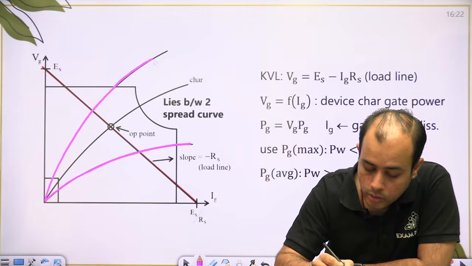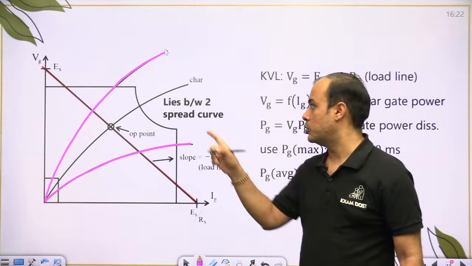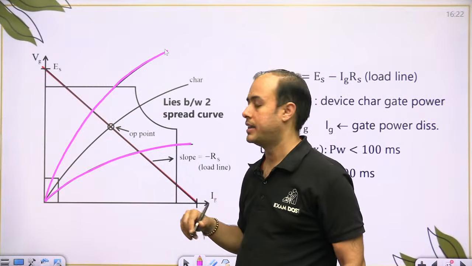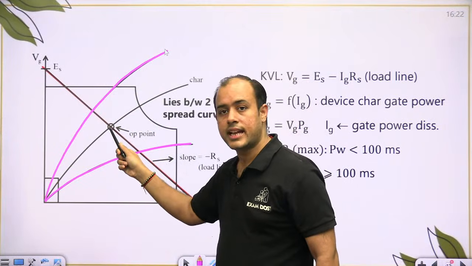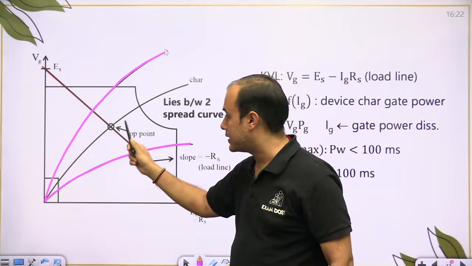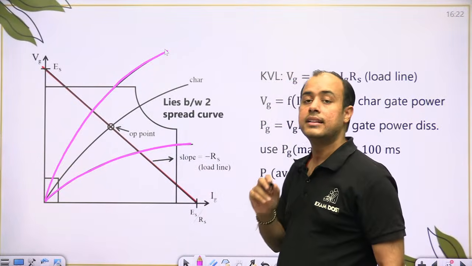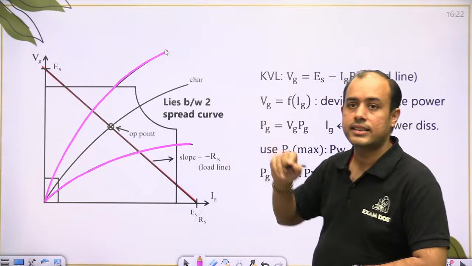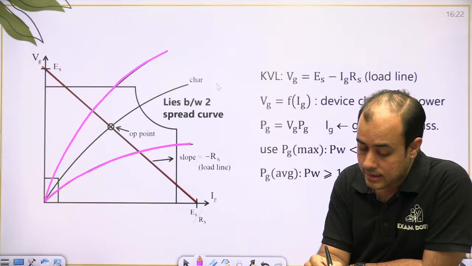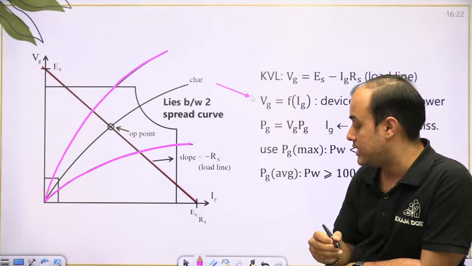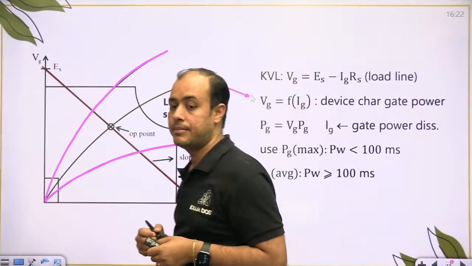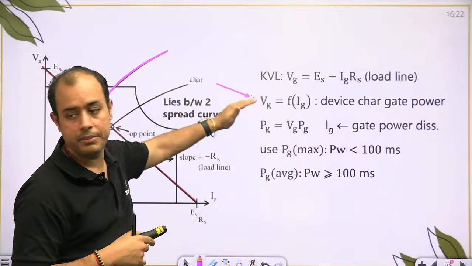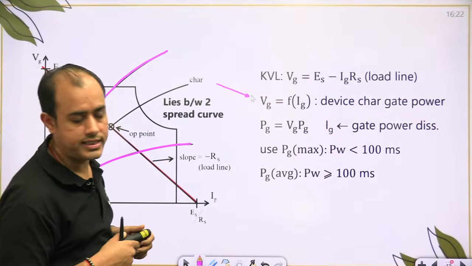एससीआर की गेट कैथोड कैरेक्टरिस्टिक हमेशा दो कर्व के बीच में होती है, तो this is the actual characteristic, the lower and the upper are the limit. So when you take the intersection of the load line with the characteristic, you get the operating point. That is, you get the value of VG and IG. So this characteristic beta, it is expressed as VG as a function of IG. ये जो आपका ग्राफ है, ये मिलेगा VG एज अ फंक्शन ऑफ IG।